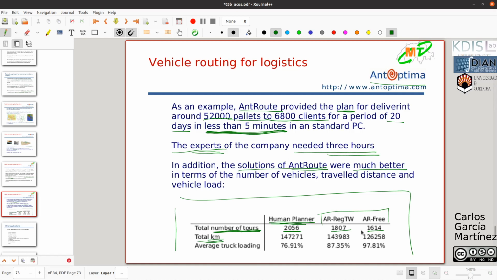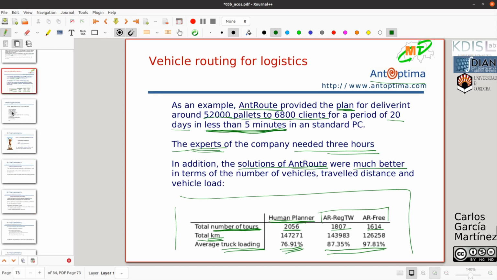And this was accomplished thanks to an increased loading of the trucks. So the algorithm was able to load the trucks much more than the plans of the human experts. So you can notice that this is a huge saving of money for the company. Well,